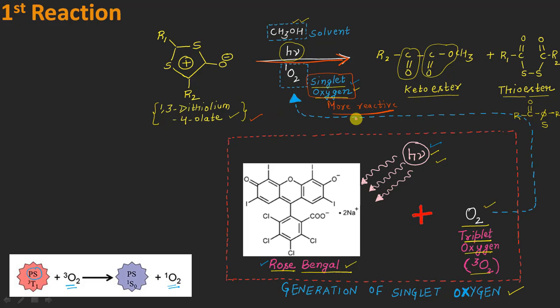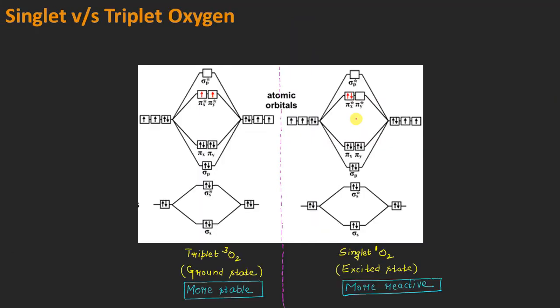I want to throw some more light on the singlet as well as the triplet type of oxygen molecules. Based upon the molecular orbital theory, if you remember such kinds of diagrams, you will see that as far as the triplet oxygen is concerned, in these antibonding pi molecular orbitals, 2 electrons will be present according to Hund's rule, right? And it says that the electrons prefer to remain parallel to each other and they will not pair up. And this is what is happening in this triplet oxygen.